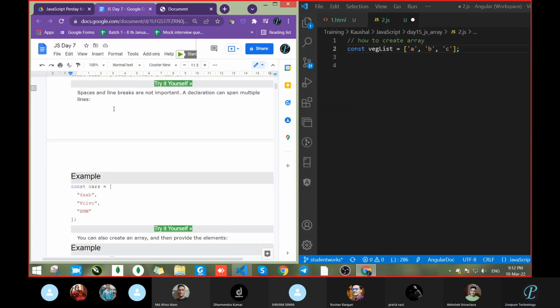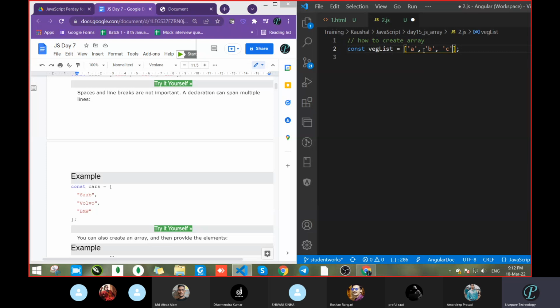Next, space and line break are not important. Let's do one thing. Whatever data we passed, make a space and line break. If you format, again it will go back. But anyway, I will break. Let's save and check whether we get any error.